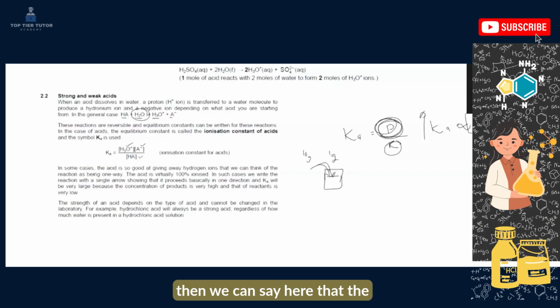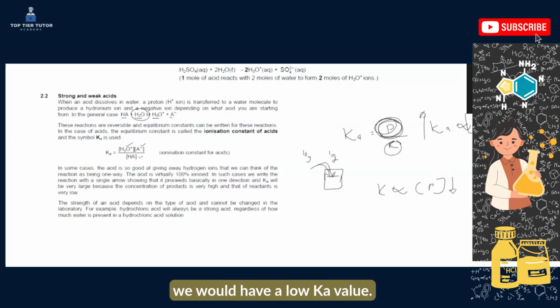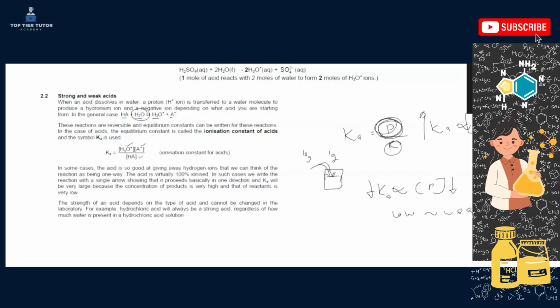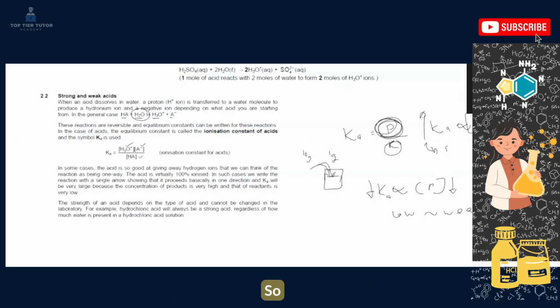The rest stayed as a molecule, as a compound together. Then we can say here that the relationship still holds because now the concentration of our products at the end is low. We would have a low Ka value. So a low Ka value tells us that this is a weak acid,